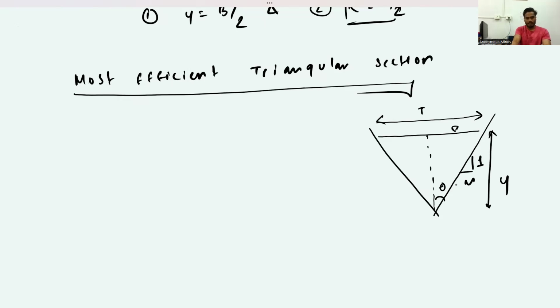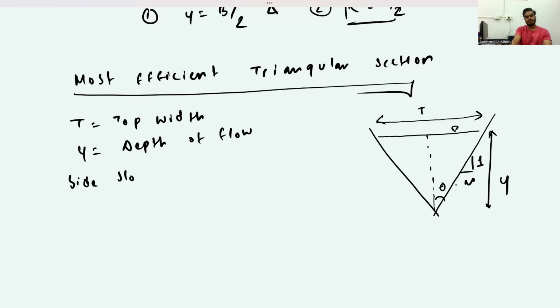So here T is the top width. Y is again the depth of flow, and the side slope for this triangular section is 1 is to m, that is for 1 vertical, it's m horizontal, and theta is the half of the apex angle. So from this figure, I can write down,